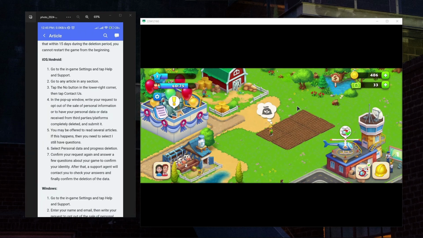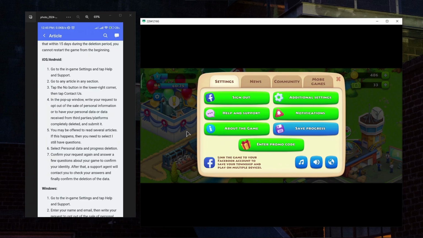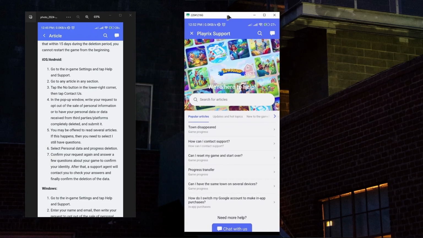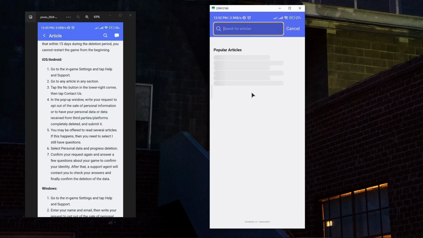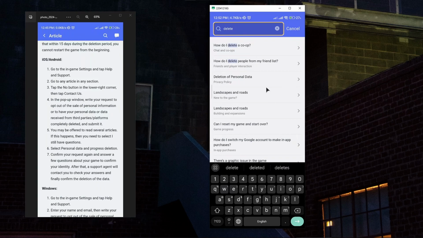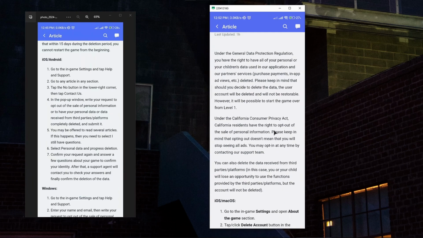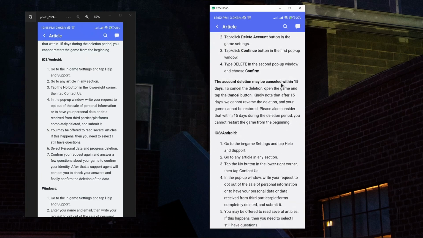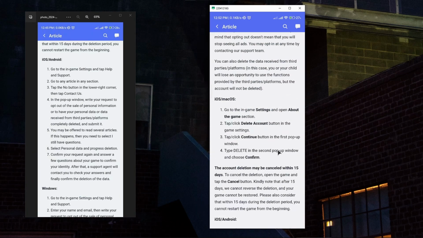So first of all, from the game, click on the gear icon to go to settings, then click on help and support. And now from here in the search we need to type in delete, and we need to find an article, deletion of personal data. And from here, here are your instructions on how to delete your account and personal data from different platforms, so iOS